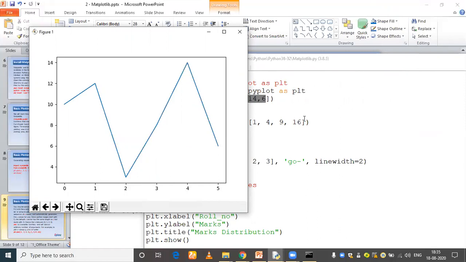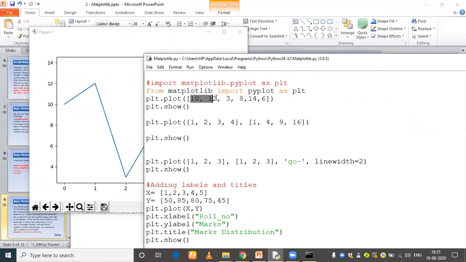In the same way, since we have a total of 6 elements inside the list present inside the plot function, the x-axis ranges from 0 to 5. If we have 10 elements, the x-axis is going to range from 0 to 9. If we have 20 elements, it is going to range from 0 to 19.